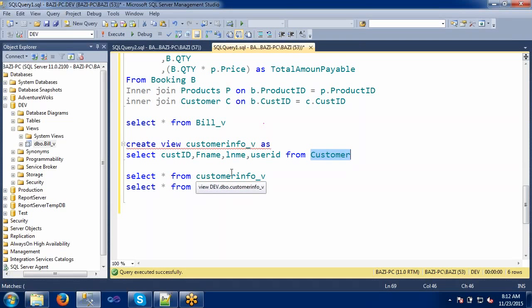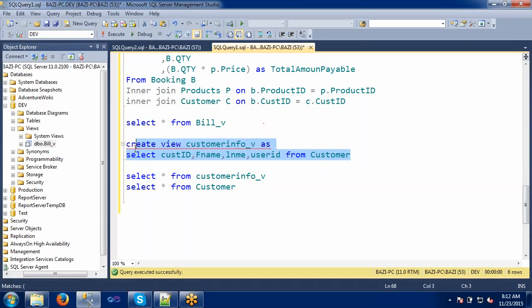I collect the required columns from this table and create my view on top of it. So what I mean to say is, views can be a combination of tables or just one table. It's not mandatory to always join different tables to create a view. We can create our own view using one table also.